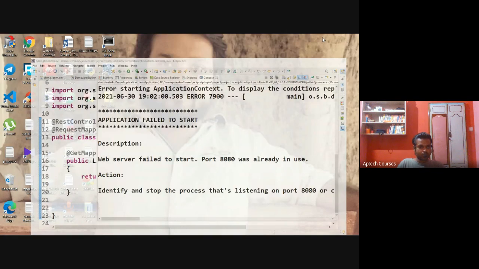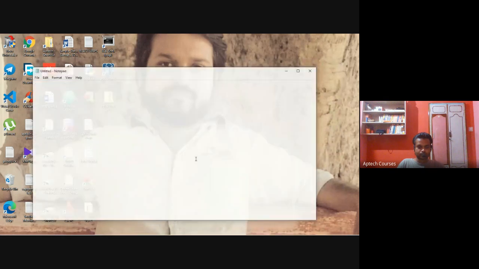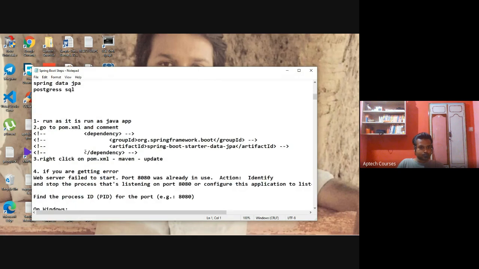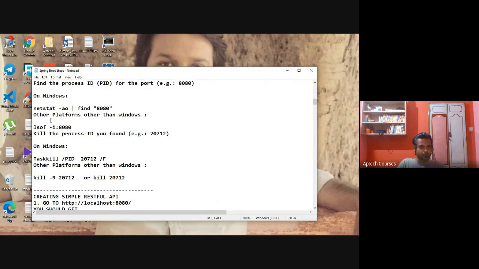Now, what we need to do here: first I need to find out which is the process that is using this 8080. Let's start with this one.